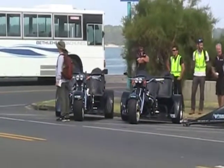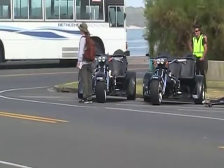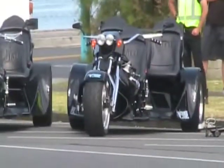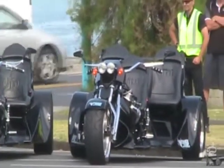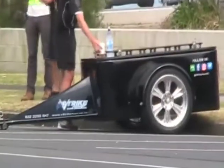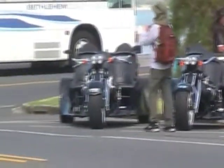I was sitting down in the downtown area and these two, no, they're not Harleys, they're V8 Trikes, came rolling by. I said I'd like to get a picture of them. Here they are stopped. They got double seat behind them and they're giving people tours around. They also haul that big wagon. I don't know what that's for, but they've separated that